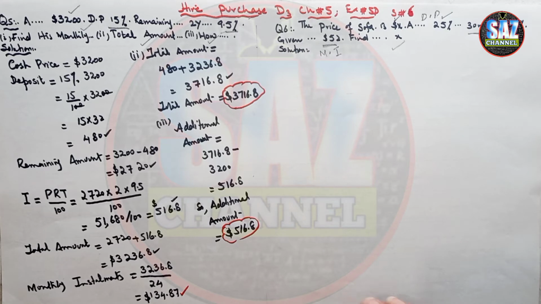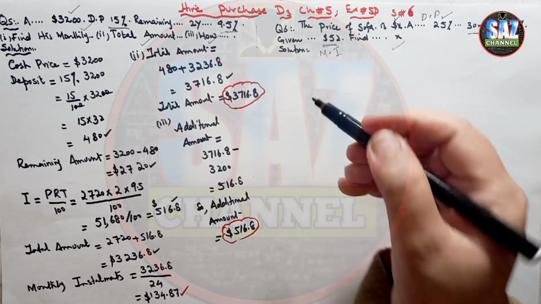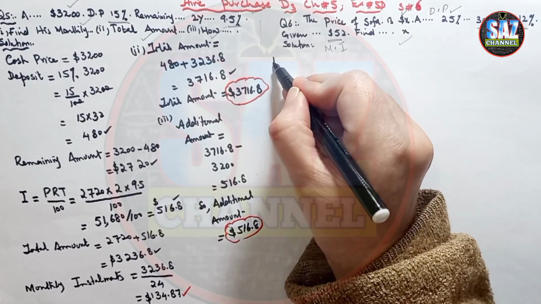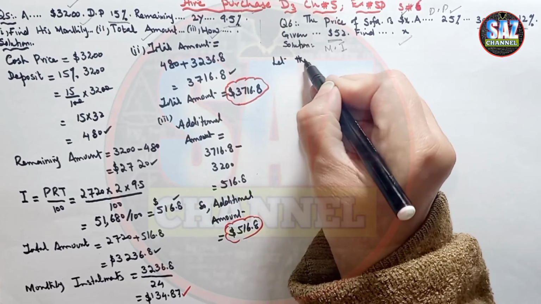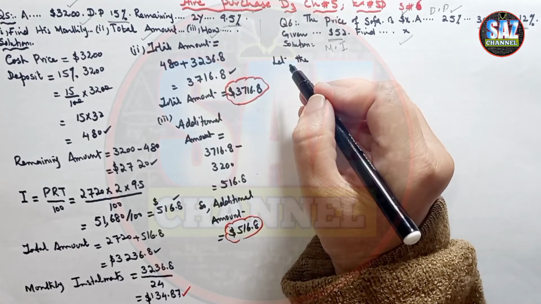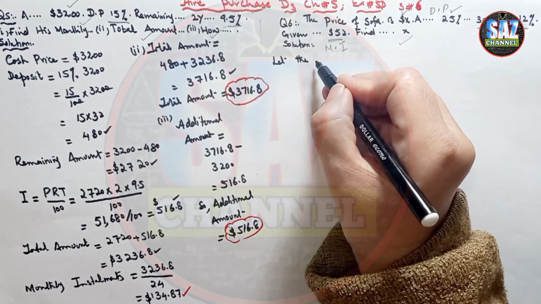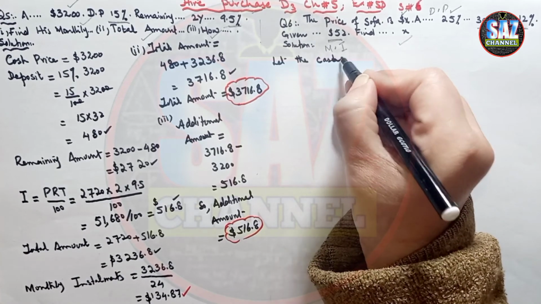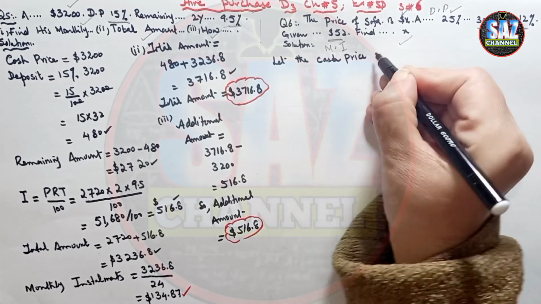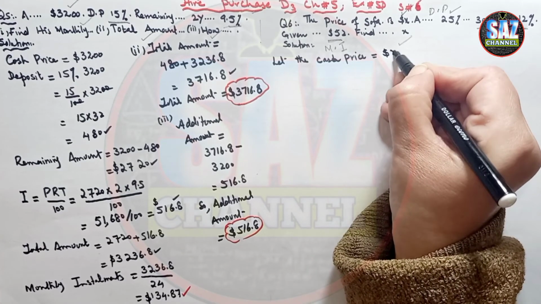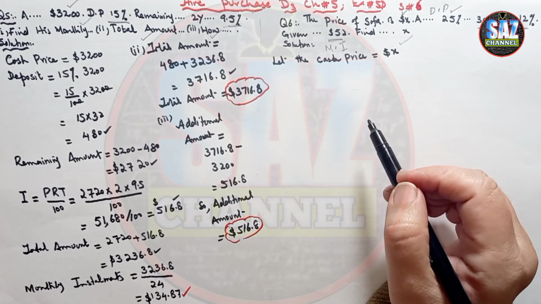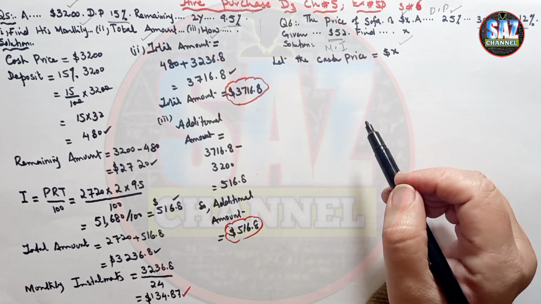So we can take help from algebra and suppose, let the actual price or the cash price of the sofa be $X. Now what is happening next, that he is buying this sofa on hire purchase terms,